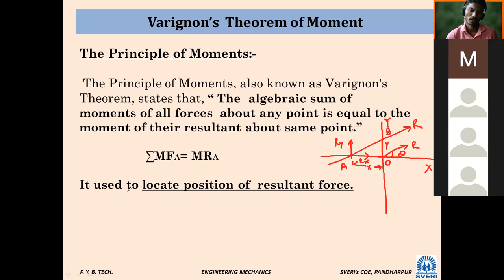Moment, what is the definition of moment? Moment is equal to magnitude of force into perpendicular distance. So moment at O due to R force. Due to R force, we have to consider only Rx and Ry, because only one force is there in this system right now, and as R is inclined, we have resolved it into horizontal and vertical components. So first, what will be the moment due to Rx force at point O?